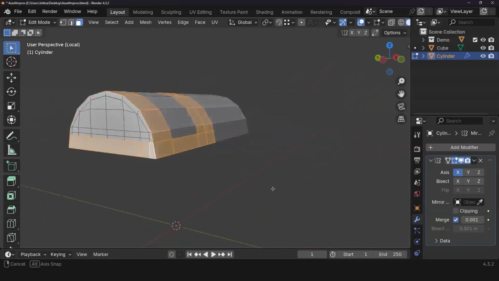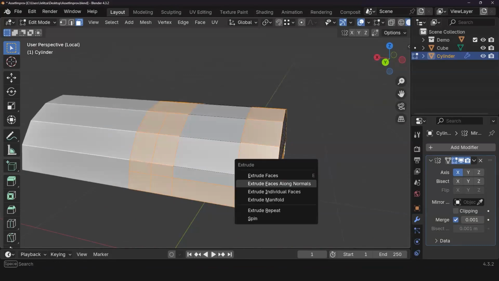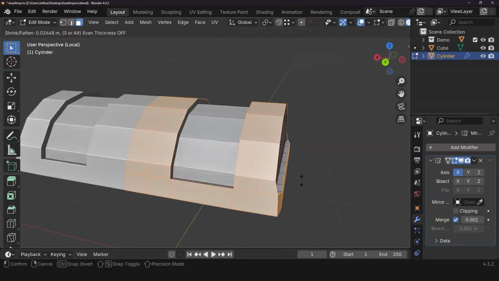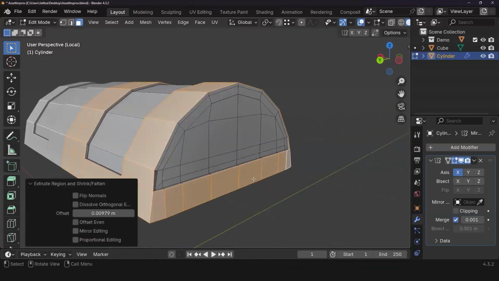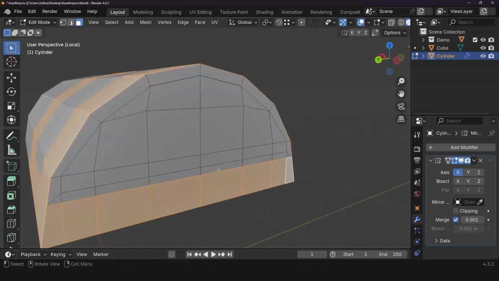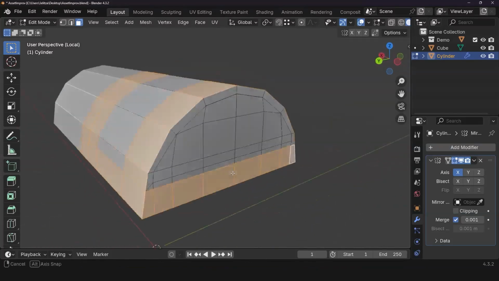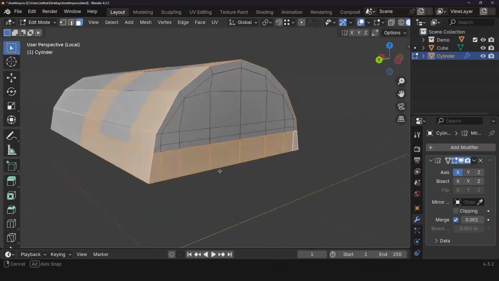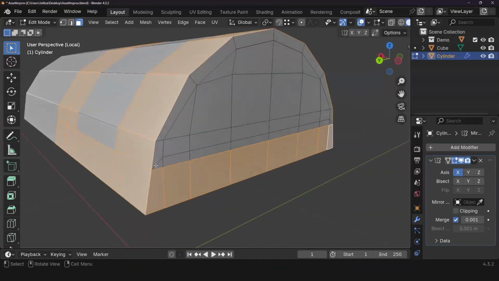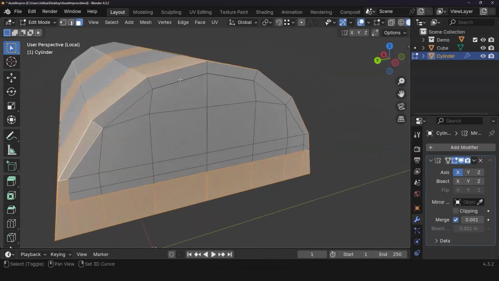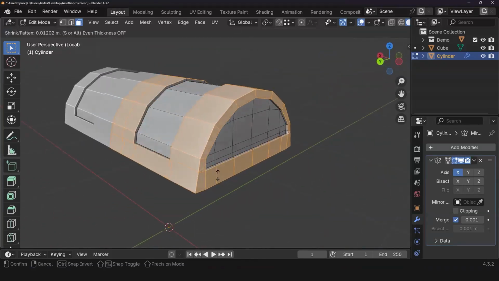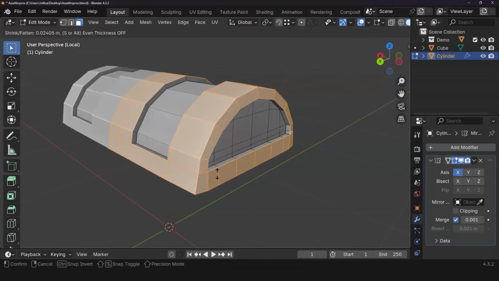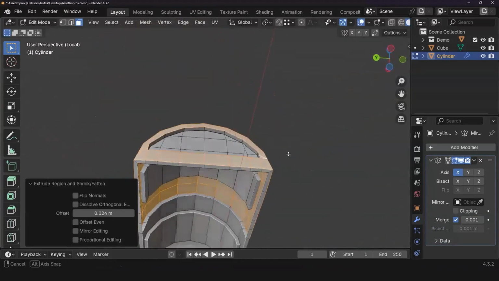All right. And now Alt E, extrude faces along normals, and it's still doing that weird thing. Oh yeah, exactly. We are starting over, deleting, starting over again, and all that fun stuff. And I think this is the reason why, guys. Oh my god. Oh yeah, there we go. It's a little better. Now I have something going on.